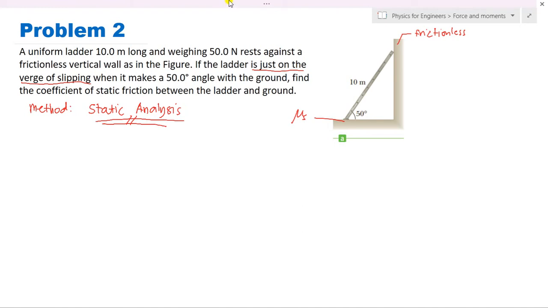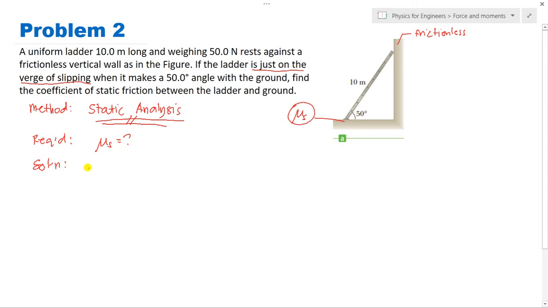Okay. So hapit lang daw. Ang atong gigamit ari is mu s. So mu s is for static friction, naghunong ni. If mu k again for kinetic friction, naglihok. So kani on the verge of slipping, nag-steady pa ni siya. Hapit pa lang gid siya ma-slide. So here, requirements, we are going to find mu s, or the coefficient of friction. So solution,